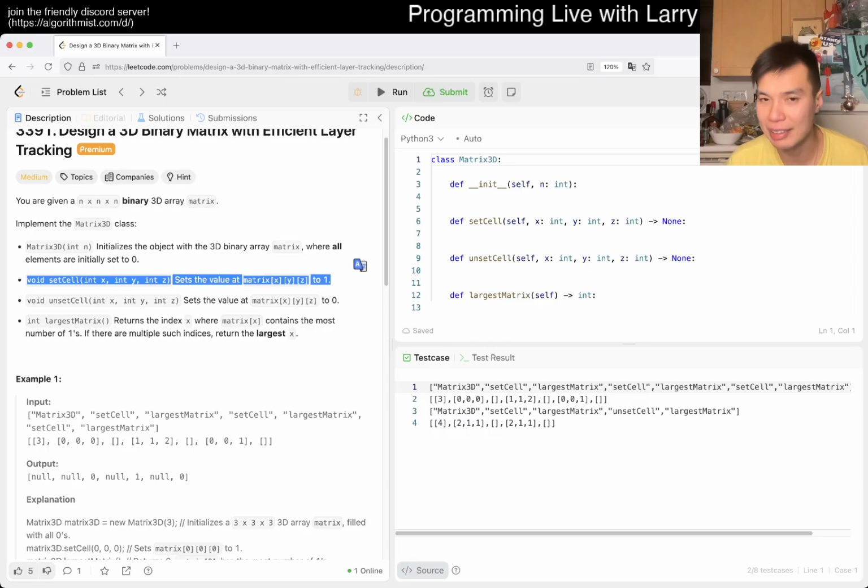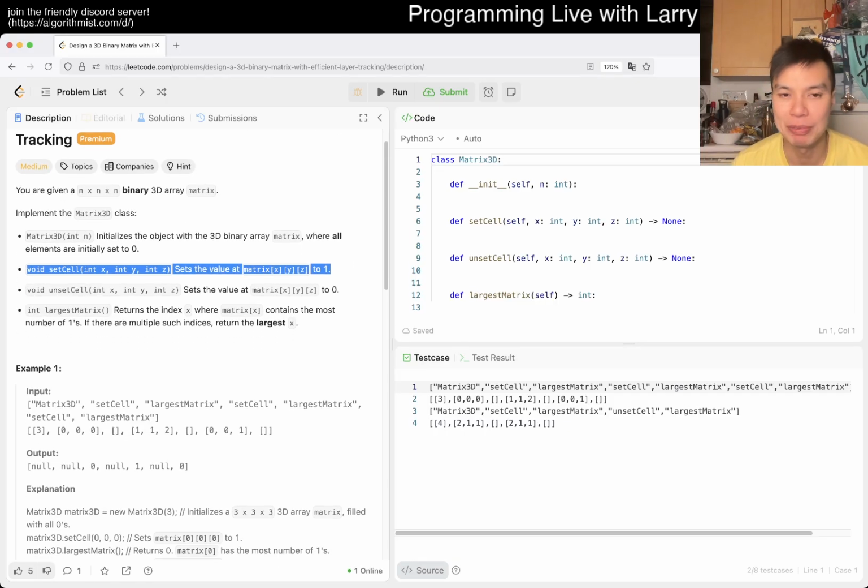Otherwise, you could just have a counter, right? But because you can set multiple times, you just have to know whether it was previously set. And honestly, the Y and Z don't really matter in the sense that you could have just one key and it'll be fine. X is the only thing that matters.